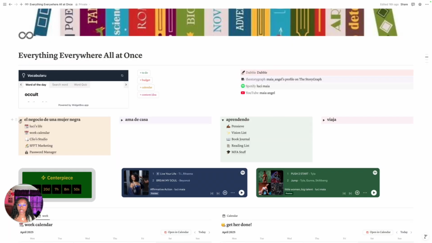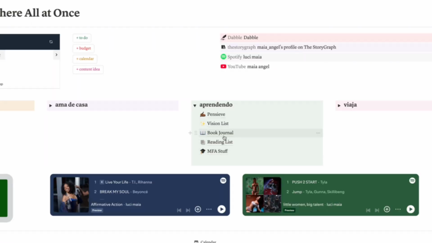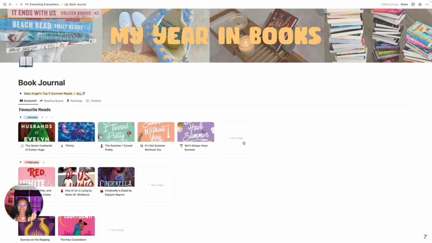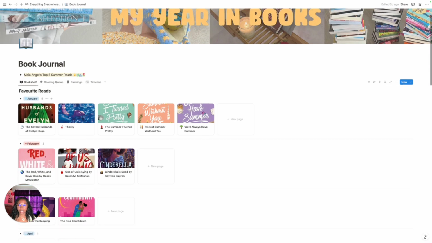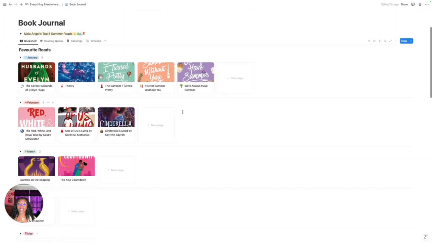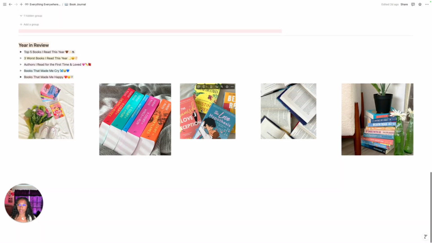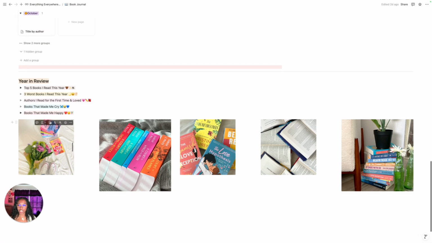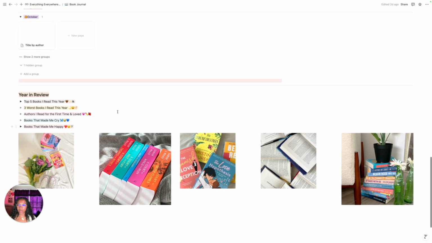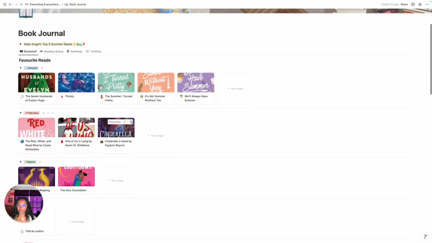We're here in learning, so my book journal, let's do that. Reading. I just love reading, and I'm an author, so I talk about it a lot and do give book suggestions. This is for me personally to look back at the end of the year. These are all the books I've read this year so far. I think I'm doing pretty good considering I'm writing my own book. I love reading, one of my favorite hobbies. And this was also a template as well. I didn't even change these pictures. They were just so cute to me. I kept them there, but this is just a book journal, and I like it.